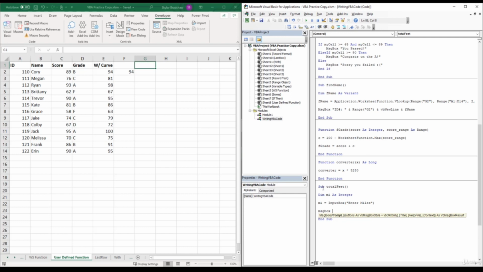So we can use our variable mi, which is going to be the amount of miles that the user inputs, ampersand sign, open quotes, space, miles is equal to, close quotes, ampersand sign, and this is where we will specify the amount of feet that's in how many miles of the user's input. So this is where we need to use our function to convert the amount of miles